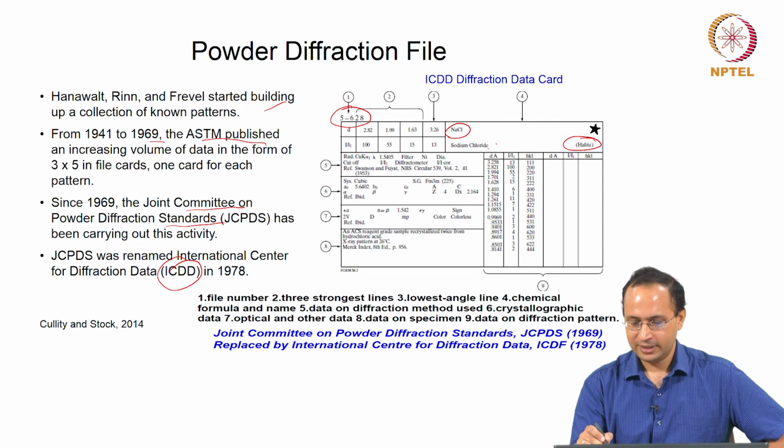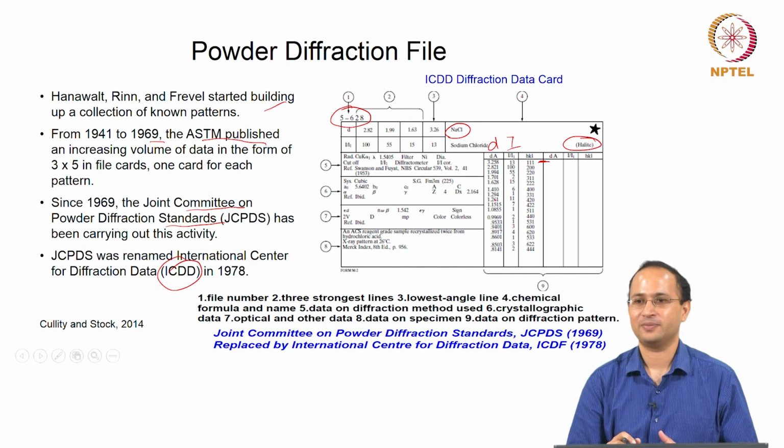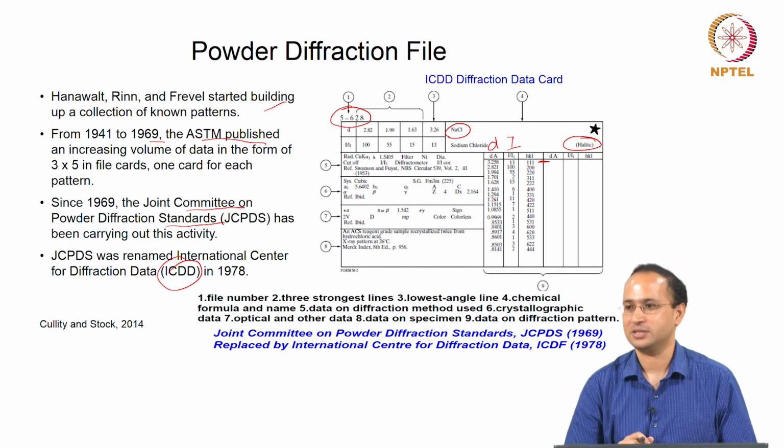Also you will have d versus intensity I, where d is the interplanar spacing for each hkl. If you are talking about d, you have to talk about hkl. It will tell you d111 is 3.258 angstrom and the intensity is 13%. That means 100% intensity is for the 200 plane, where the interplanar spacing is 2.821. Then obviously you get the relative intensities, based on atomic positions. So, this is a typical ICDD diffraction data card.